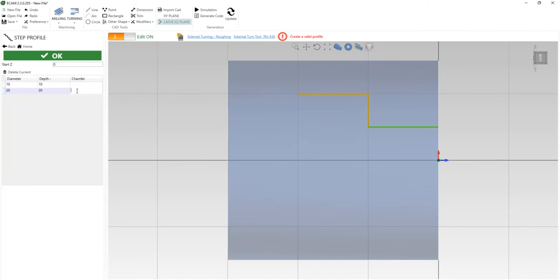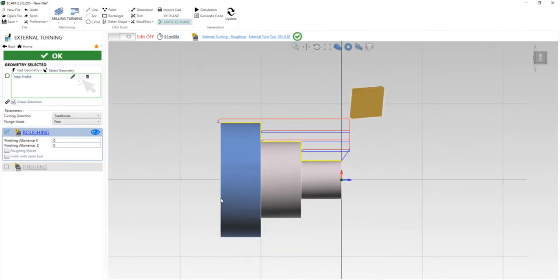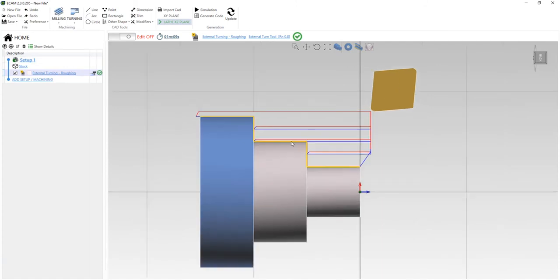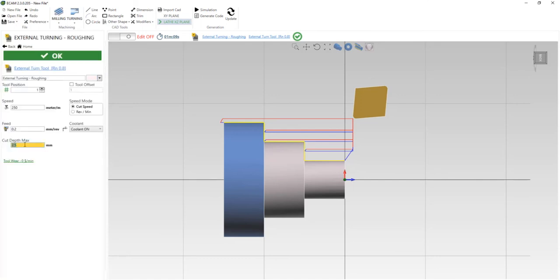See, the orange line means the rough value. If I press enter, see, the green means the perfect value. Next is 30 diameter and 30 length. See, I will click on OK and you will see the cut is ready. OK, but you will see the cut is very large. So click on this option, tool parameter, give the depth of cut value 1 and OK.